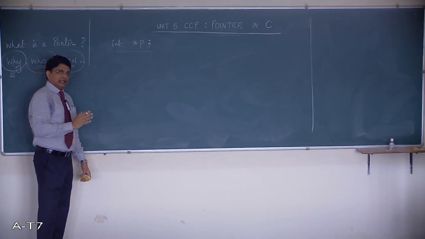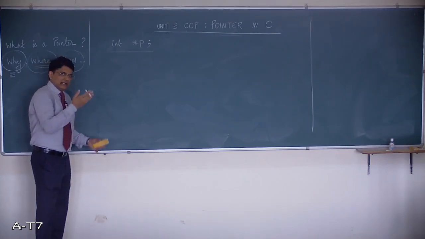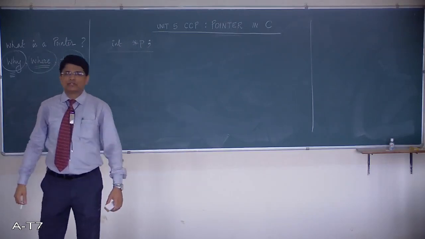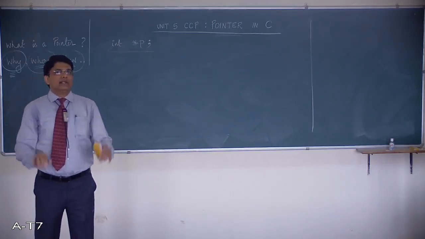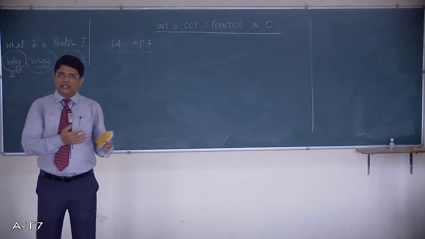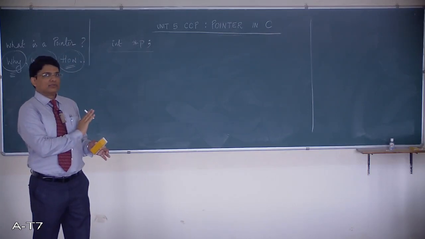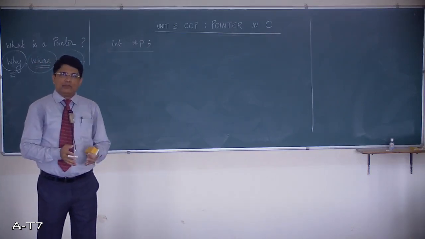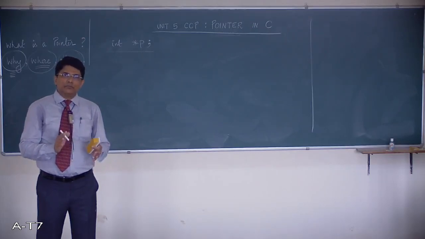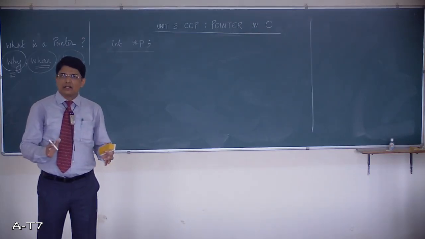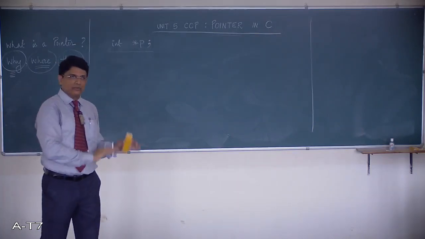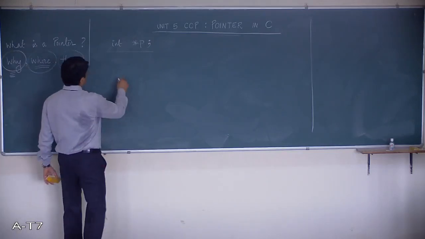After this statement, that is immediately after the declaration, is there any address in p? Think about this. I have just declared a pointer variable. I have not stored any address of any other variable up till now. So what is there in p? You can say that p is pointing to null. It doesn't store any address as of now.